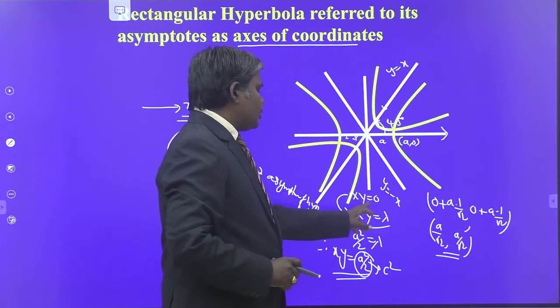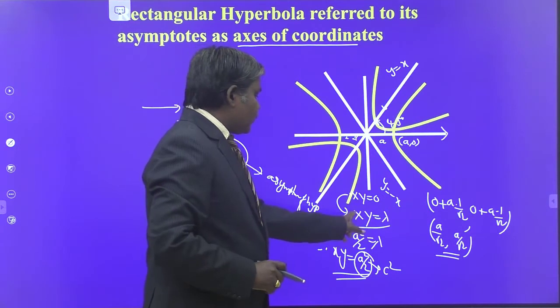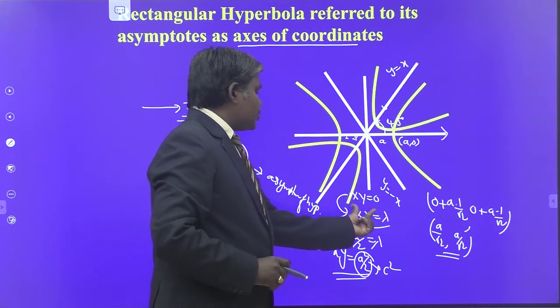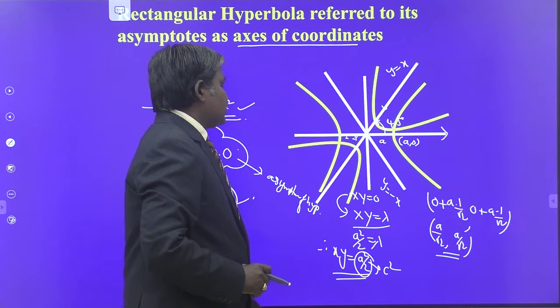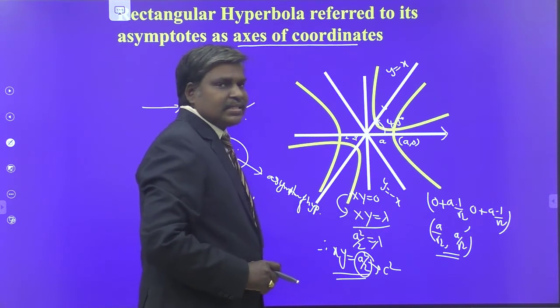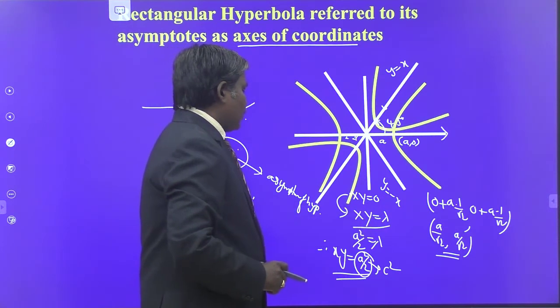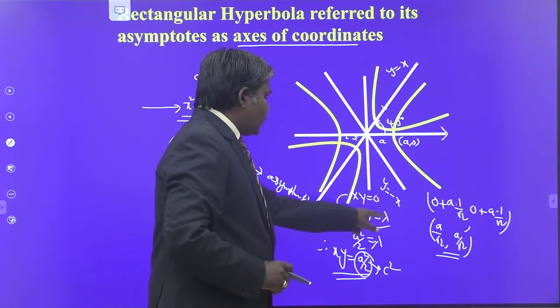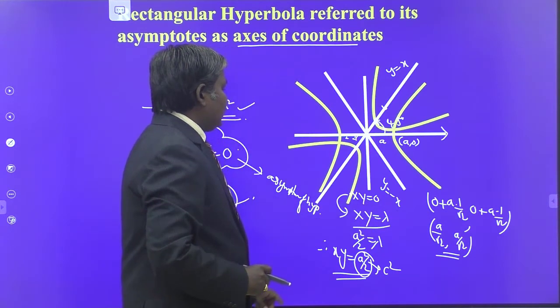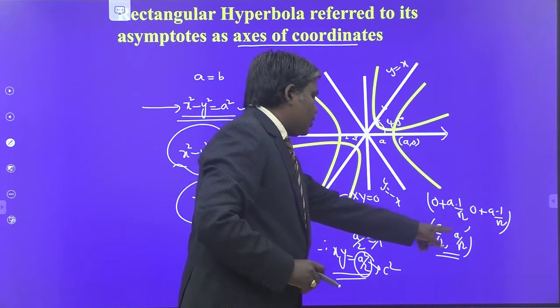So xy is equal to lambda. Xy equal to lambda is the equation of the hyperbola in the new position. Its coordinate axes are the asymptotes of the hyperbola. Now moreover, one of the points picked out on the hyperbola is a by root 2 comma a